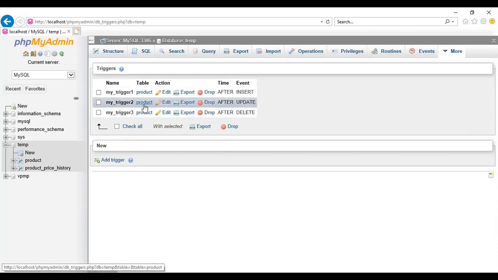What is the meaning of that? my_trigger1 is going to run after an insert operation on the product table, my_trigger2 will execute after an update event on the product table, and my_trigger3 will execute after a delete event on the product table.